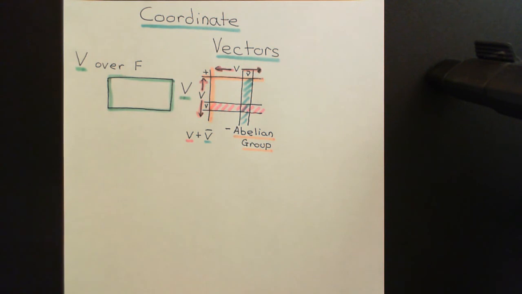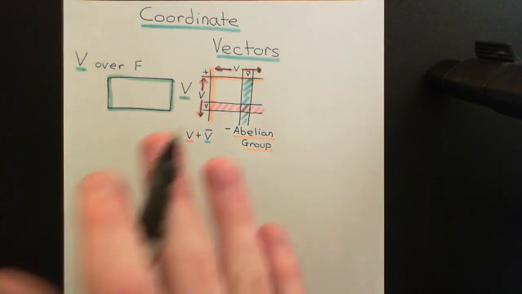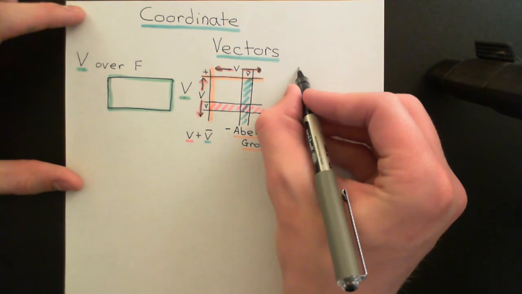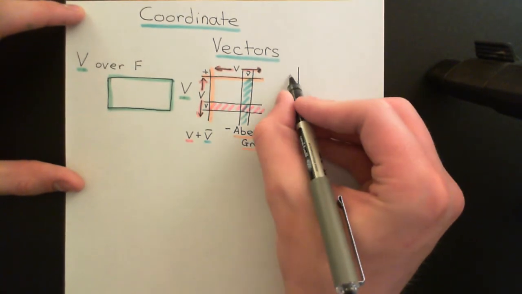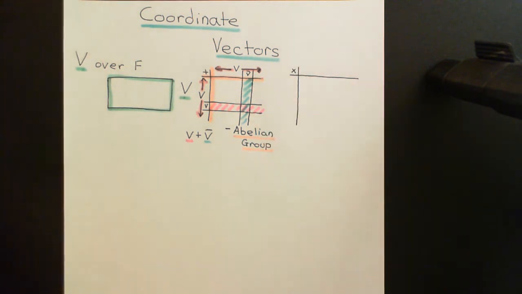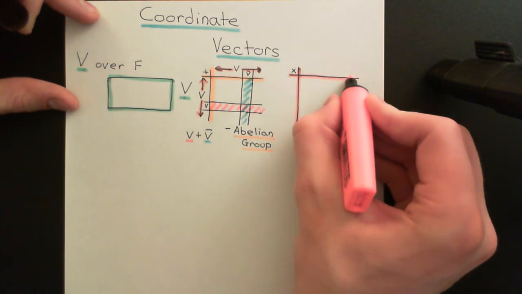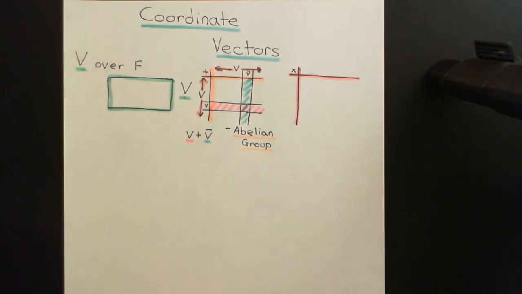Now what we're going to do is define a second composition law on this set of symbols, and that will turn this into a vector space. The second composition law that we're going to define is going to be called scalar multiplication, and it will be given the symbol times, like so. I'll colour scalar multiplication's composition table in red here. Now, scalar multiplication is very different from addition because it's not going to involve adding one vector to another vector. Instead, it's going to involve composing an element of the field, capital F,